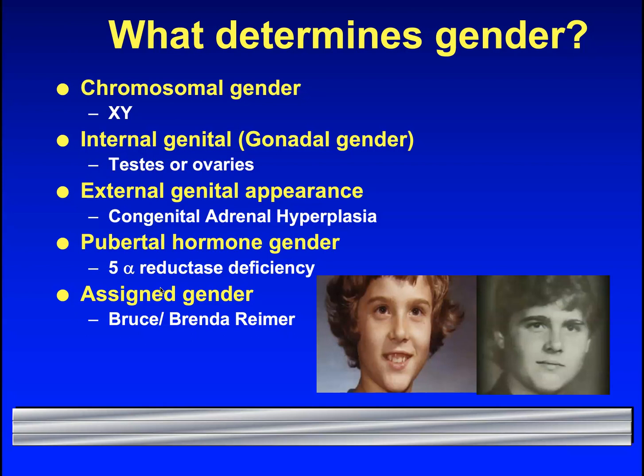This supports my theory, Dr. John Money's theory, that it's all in how we raise you. But it turns out he was a pervert, and it's a terrible story. He'd bring the kids in, these two twin siblings, and have them pretend to have sex with each other as children. They were 6 years old, and they had to pretend to have sex with each other while he videotaped it, because he said, that's how you learn sex roles. No, it's not. And it turns out, in Brenda now, it was Bruce and then it was Brenda, it's not their real name,